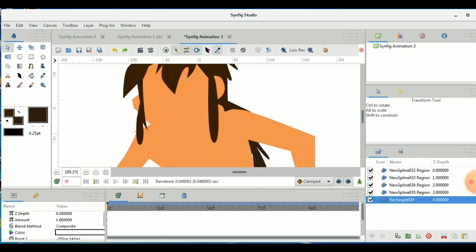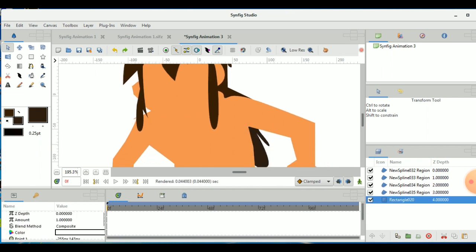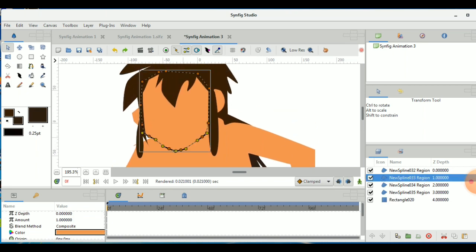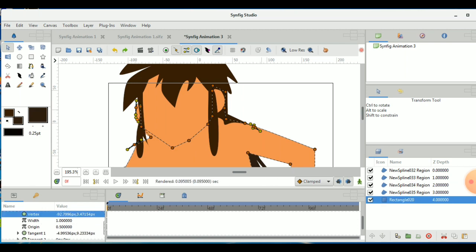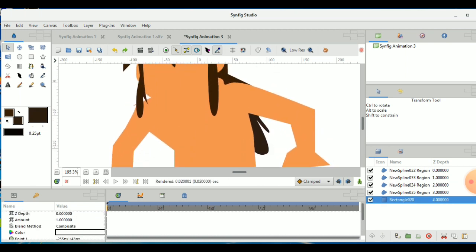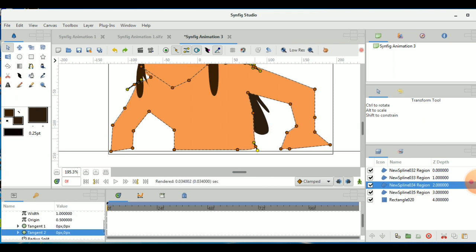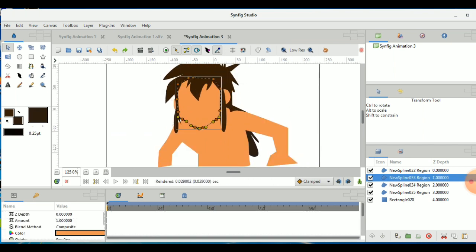Now the ear which is on the other side, it is not a proper one. So I will zoom in and do the proper one with the help of tangent. And there is a simple logic that as you are looking from the other side, if you are seeing from one side of the body, then the other ear or the other part will look smaller.